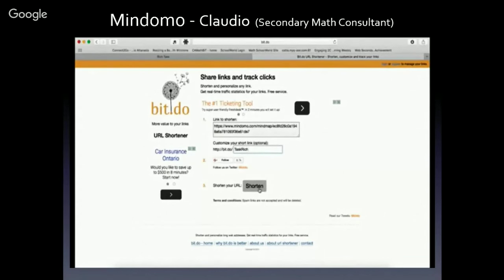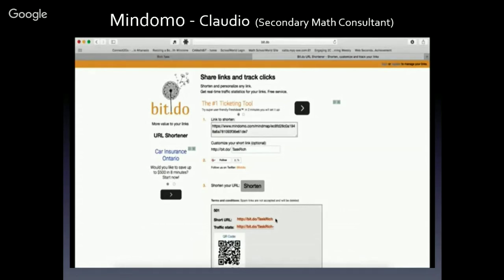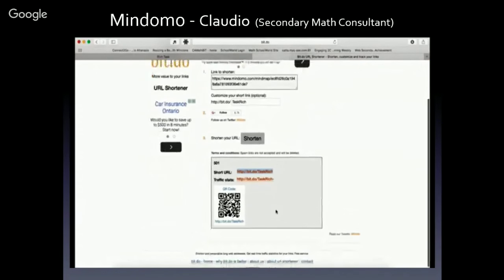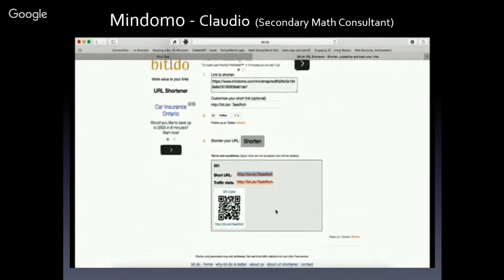I click on number 3, shorten, and it looks like the URL is available. If it wasn't available, I would receive an error. So that's the website I would give to students. Now watch what I'm going to do. I'm going to pop open